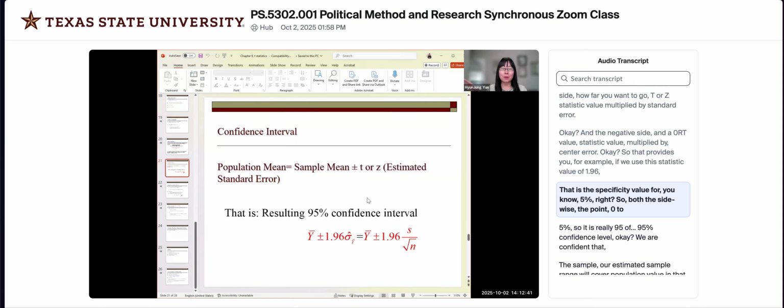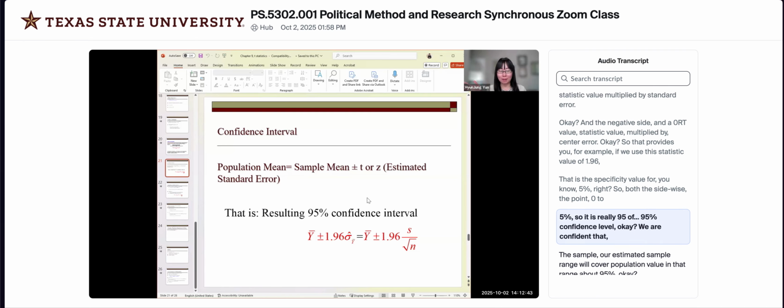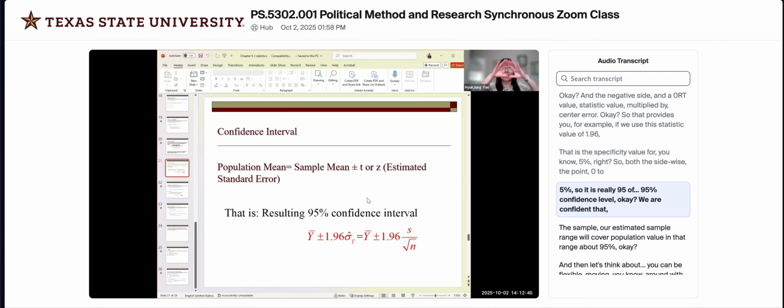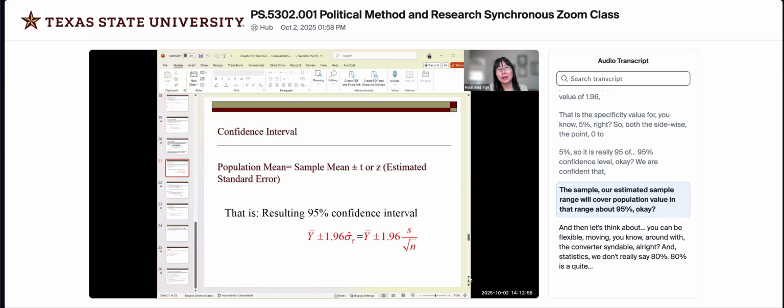So both sides were 0.025. So it is really a 95% confidence interval. Okay, we are confident that our estimated sample range will cover the population value in that range